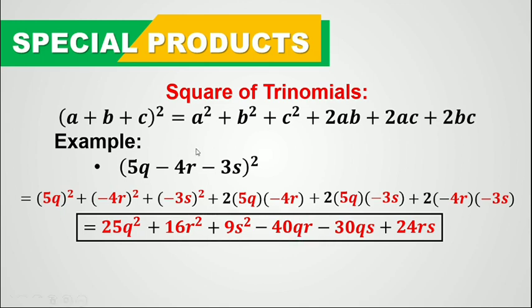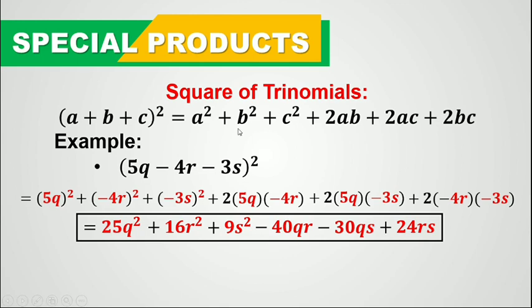So the answer for this particular given quantity 5q minus 4r minus 3s squared is 25q squared plus 16r squared plus 9s squared minus 40qr minus 30qs plus 24rs. Alright? I hope that you have learned this pattern